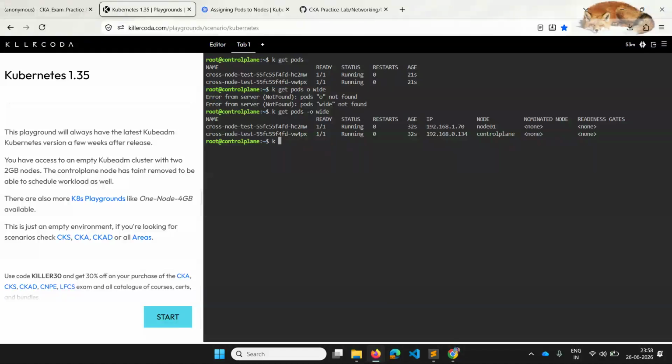One way we do this every time is using exec: exec hyphen it, and the pod name. Let's say this pod should ping another pod. I can ping using an IP address. I have to use hyphen hyphen to separate the command I'm running inside this container. So I want to use this IP.